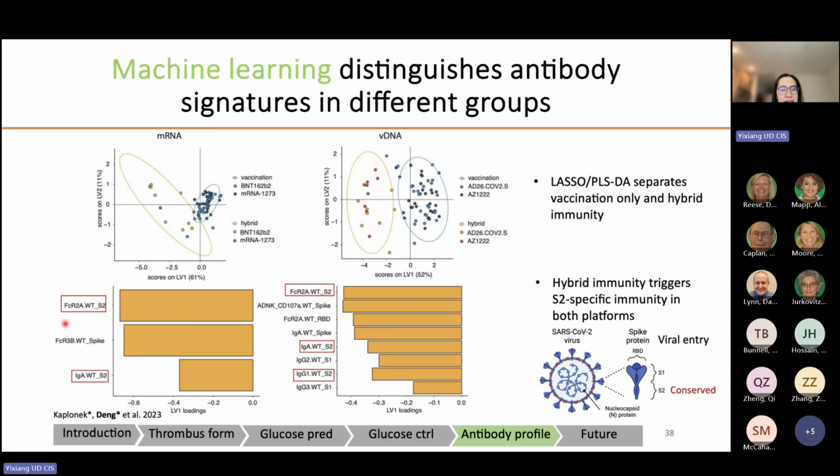More importantly, the projection of the coefficients of the machine learning model shows us that hybrid immunity actually triggered more S2-specific immunity in both platforms. And if we go back to the structure of the SARS-CoV-2 virus, we can see that S2 is a conserved part